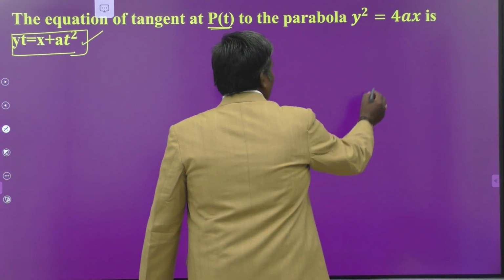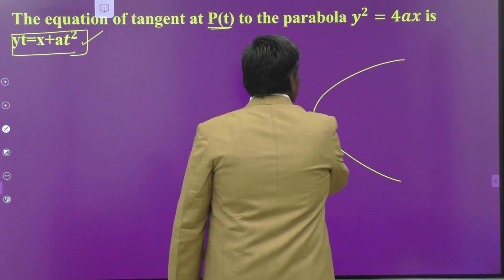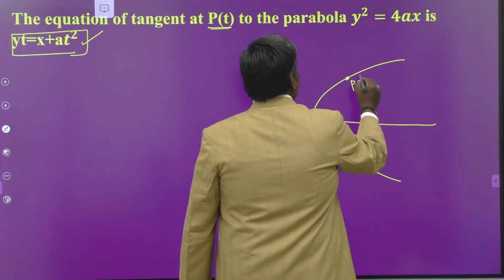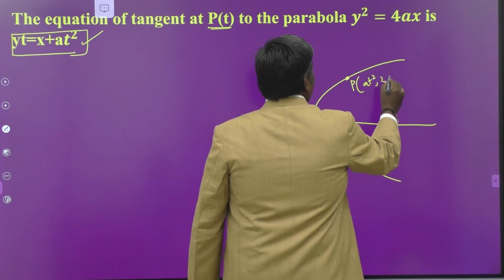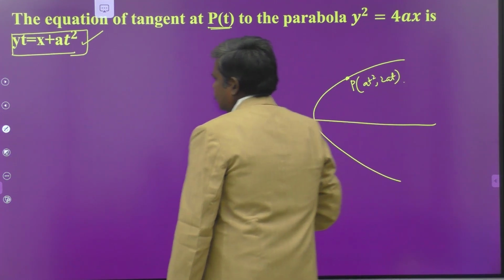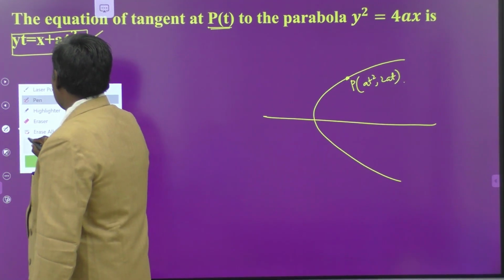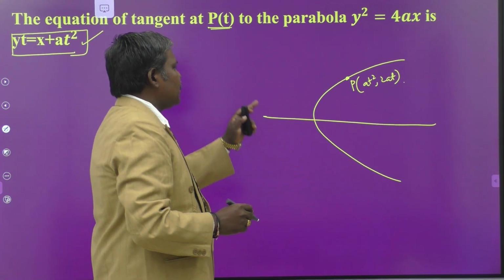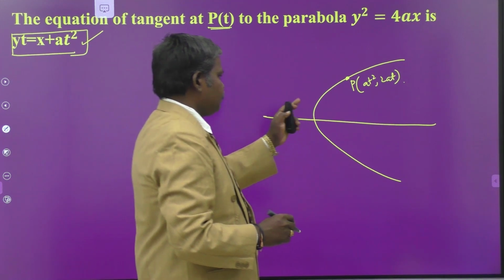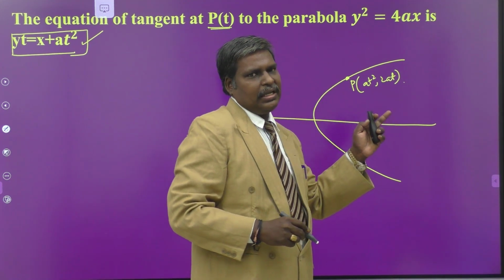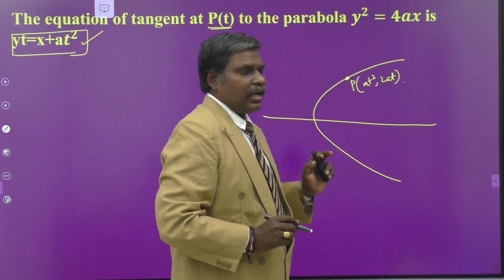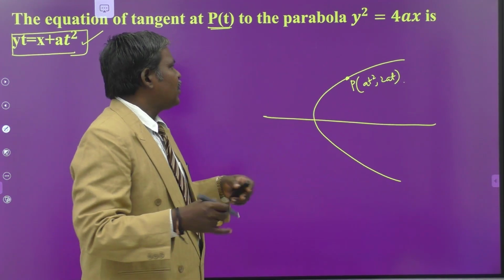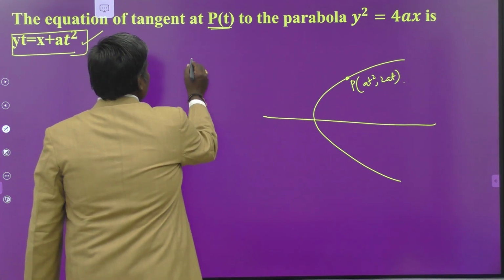So this is my parabola. We are taking the point P in the parametric form (at², 2at). So we have to find the equation of the tangent at P (at², 2at). Replace x1 = at² and y1 = 2at in the above result. We obtain S1, and the formula as yt = x + at² itself, or you may derive this one. It is also very simple for you.